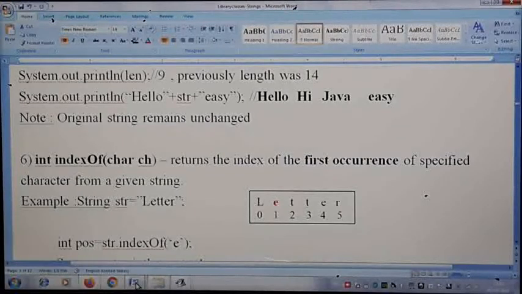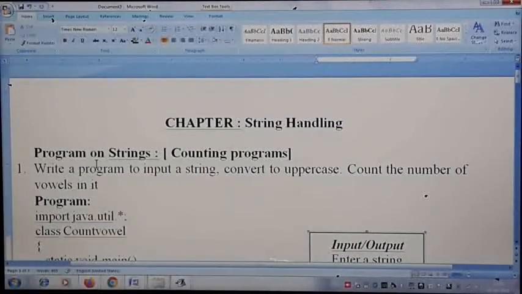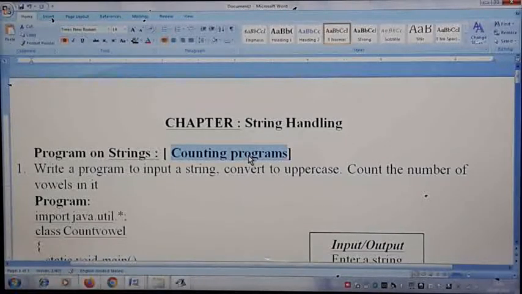So for that I have taken some programs. First, just to simplify your learning, I have given the heading here as counting program, where we are going to count the number of uppercase, lowercase, vowels. So, counting variety 1 program, so that it is easy for you to see how exactly you declare a variable, how exactly you take letter by letter, and what the logic is, because in these variety programs most of the logic will be similar for counting, since every program requires a counter here. So for your easy learning, I have given the heading like this. I have taken one program today.